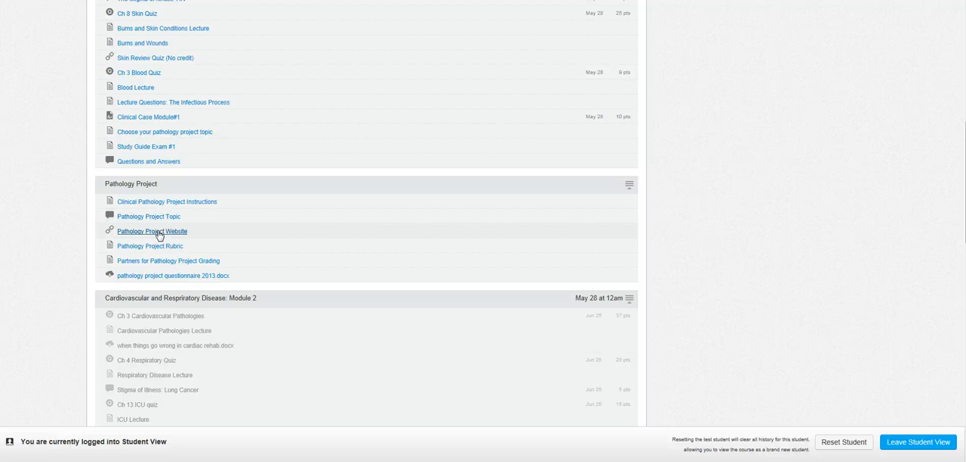Also, if you look on the pathology website, there'll be examples of some of the previous projects that were well done to kind of give you an idea of what you could do. Also, you'll notice there's a clinical case. The clinical case is a group project. So when you click on it,